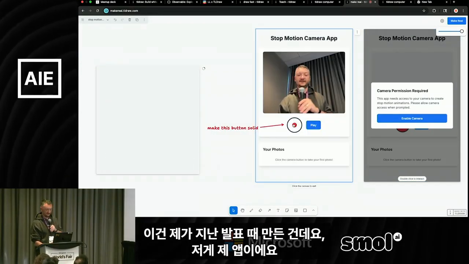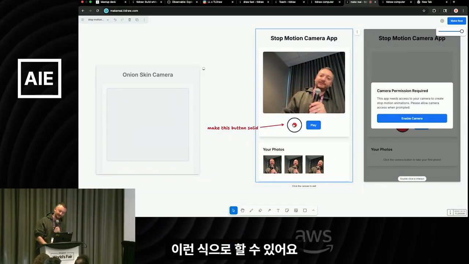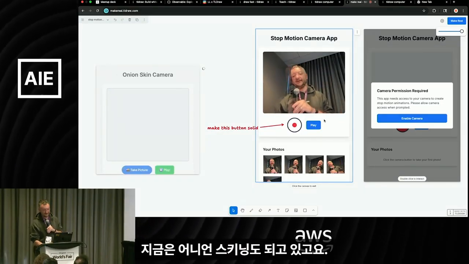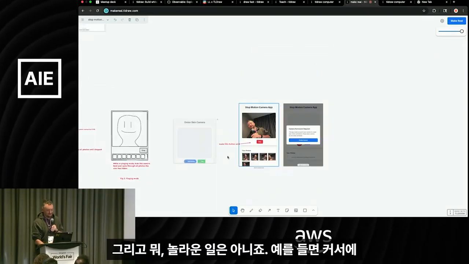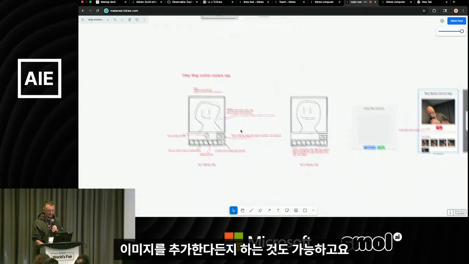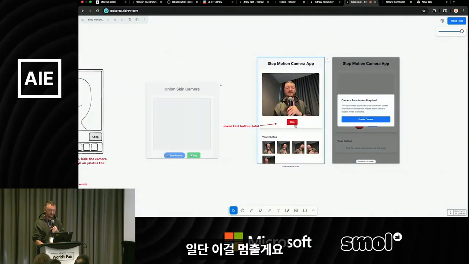I just did this during the last talk, and that's my app. It's doing the onion skinning, and there's my GIF, right? And not surprising. I mean, you can add images to Cursor and stuff like that, and it just works really well. But the fun part is, because I'm going to stop this,